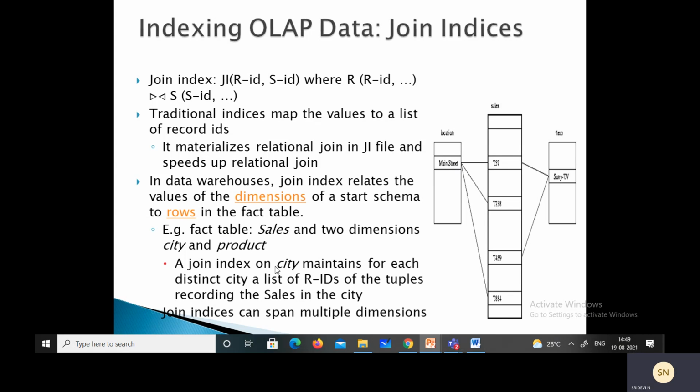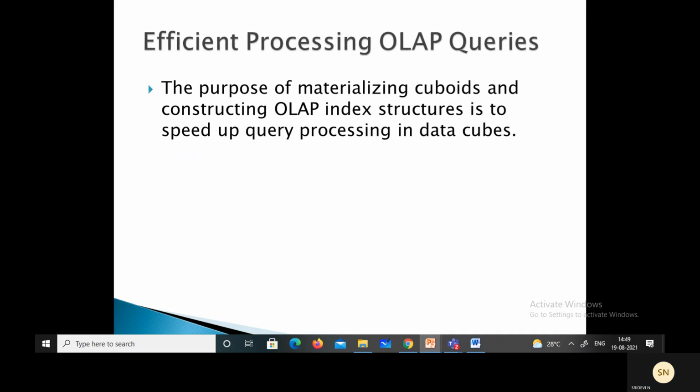A join index on city maintains for each distinct city a list of records of the tuples recording the sales in that city, and join indices can span multiple dimensions. So this join can also span multiple dimensions, using which you can take the values.